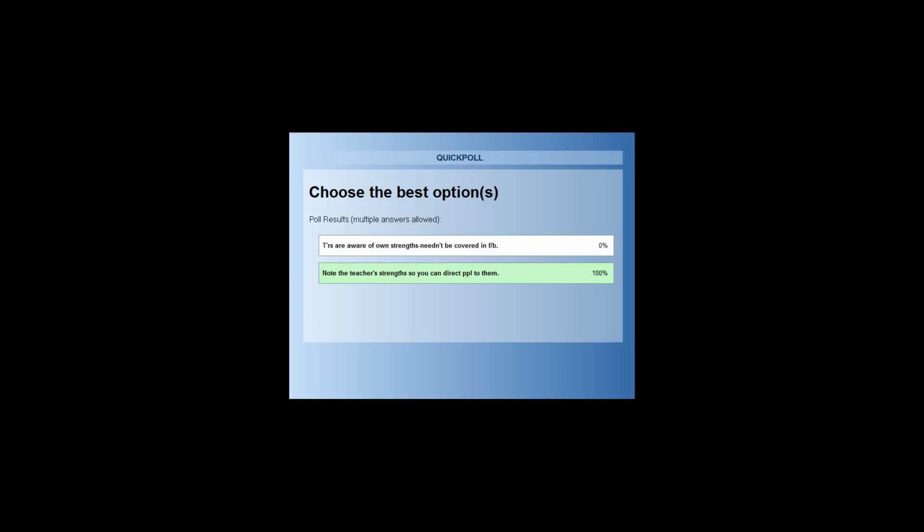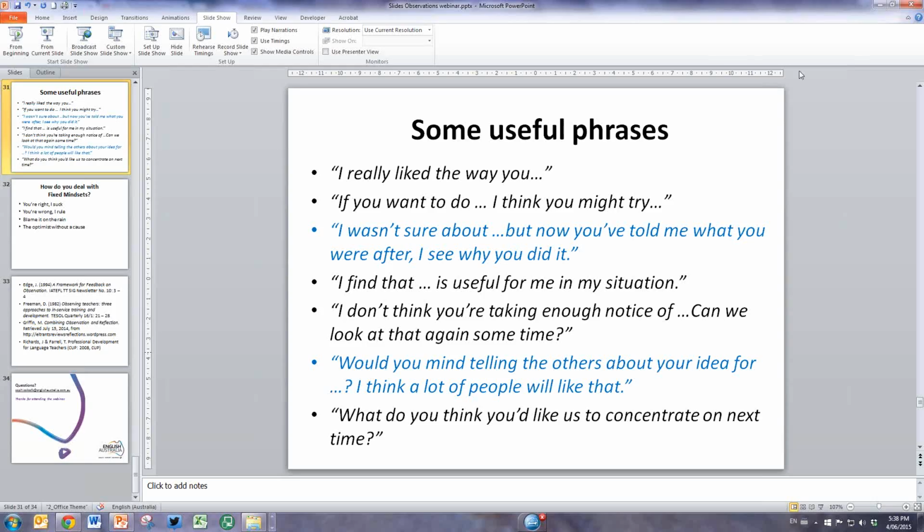Can I say one last thing? I think a really good idea to put observations in a context would be to have a look at the recently released English Australia Best Practice Guide on Professional Development. It covers a full spectrum of professional development concepts, ideas, methods, and so on, and really shows observations as a part of that bigger picture.